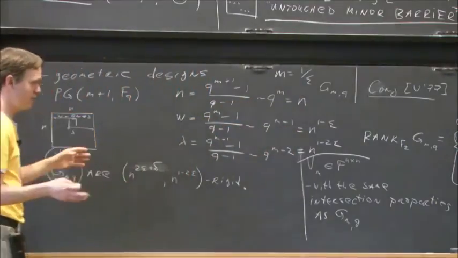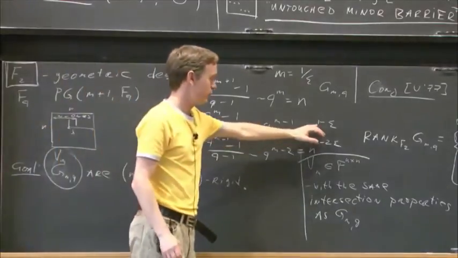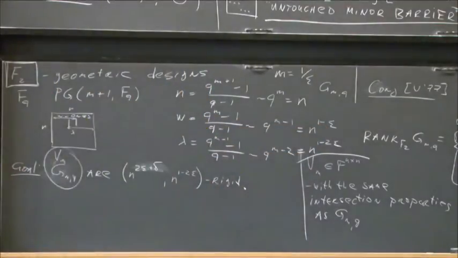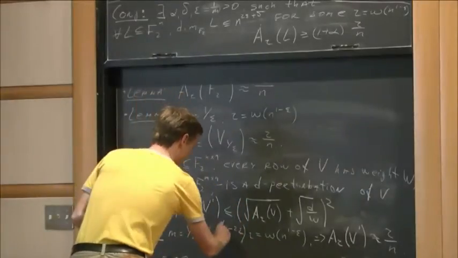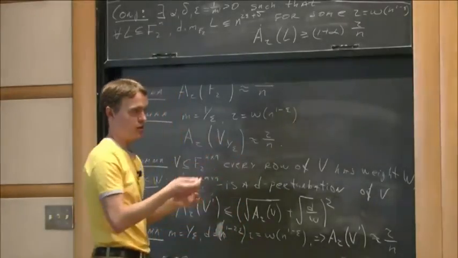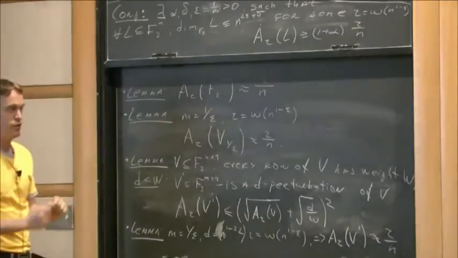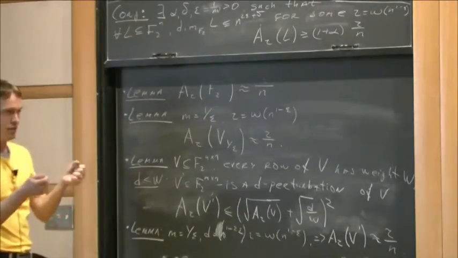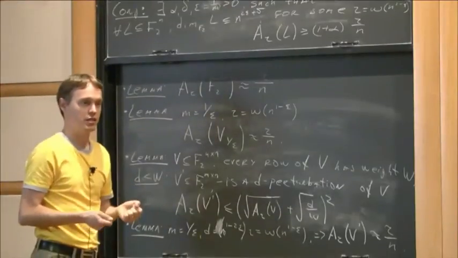So you start with the design matrix. Every row has n to the 1 minus epsilon 1s. And the number of changes, as Avi said, is about the size of the intersection between two rows. So the rows still remain pretty much, I mean, they're much heavier than the number of intersections that we